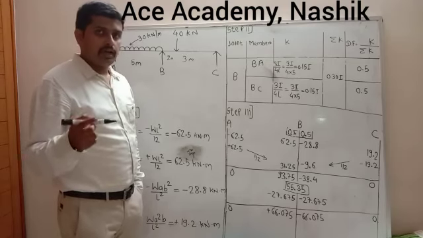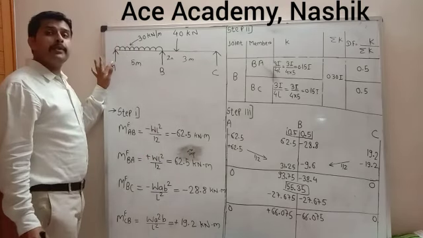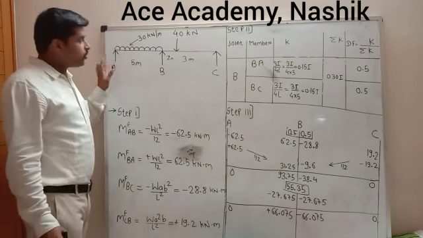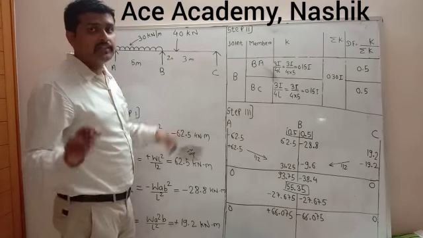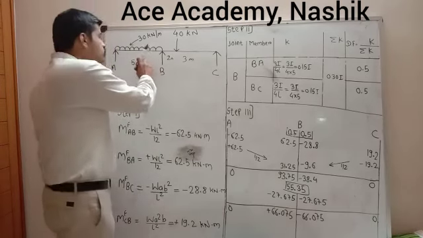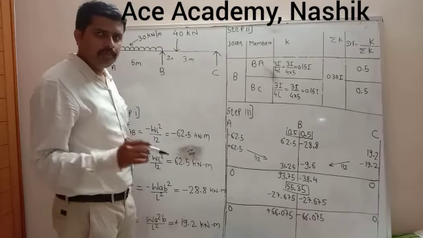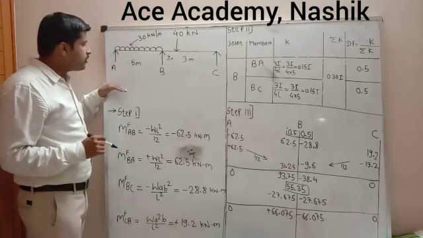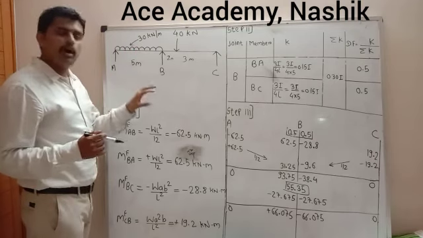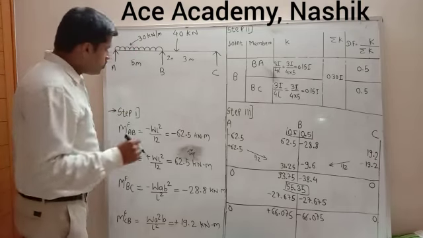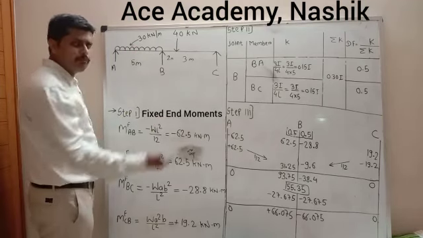Now we will solve another example which consists of simply supported ends. So in this example, support A and support C are simple supports. So how to solve this problem? By moment distribution method. I am keeping some space blank below the given problem to draw our final step, that is BMD. Now our step number 1, as everyone knows, is fixed end moment.